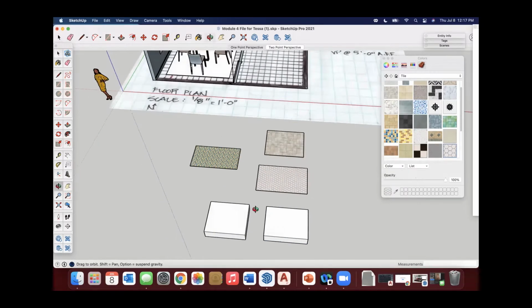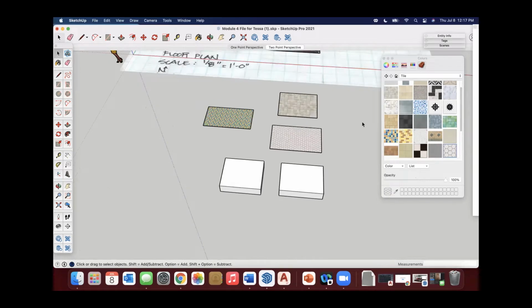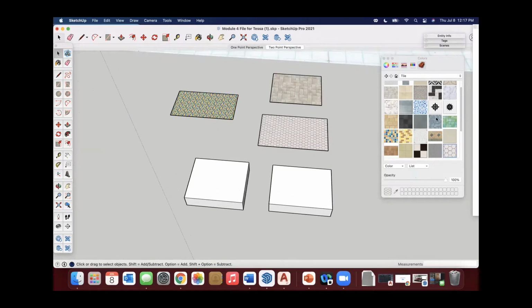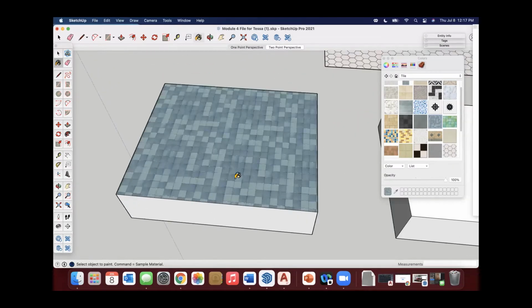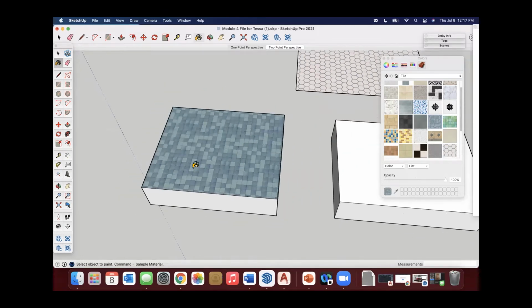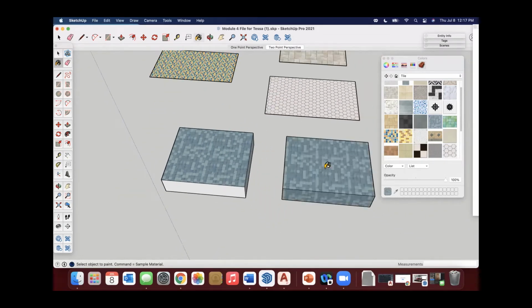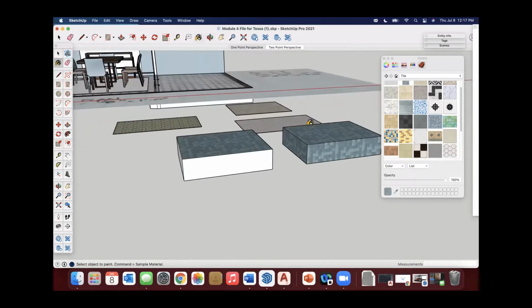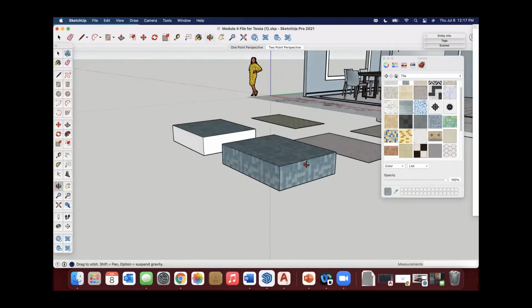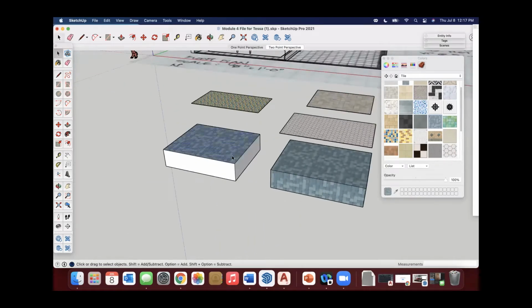So what's going to be different is if I click on this tile pattern and place it on this face, you can see that it only applies it to this one face. If I do the same thing over here, it applies it to the whole thing. And the reason is because this one is ungrouped, this one is grouped.